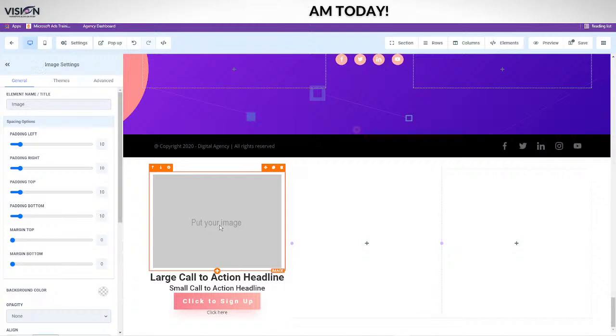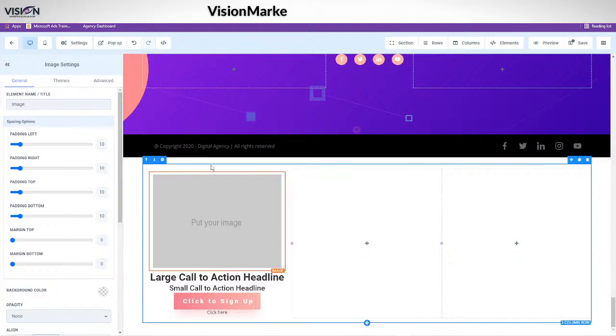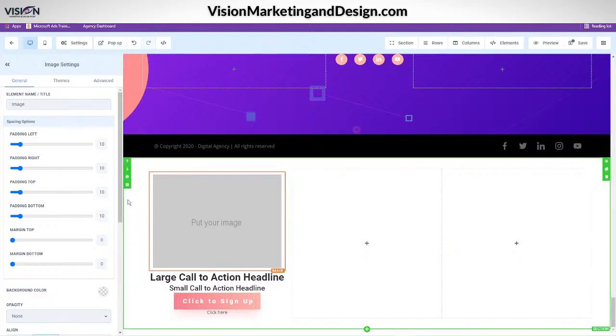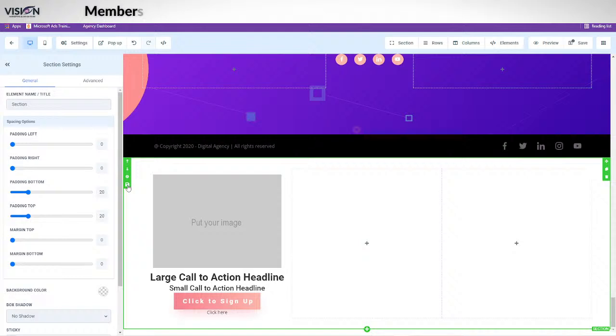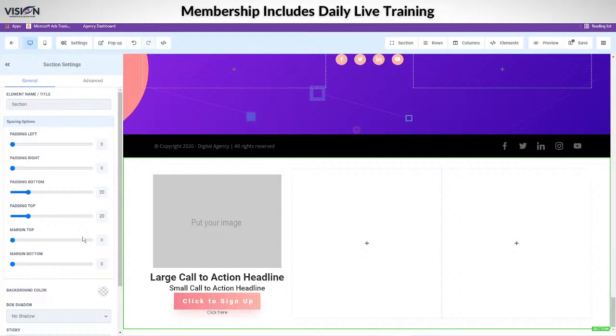Now to add an image, I want to click here, and you'll see when you click on the elements, it's just like anything else, right? You click on the element, you have the ability to save it, so you can reuse it on a different website, or a different page, or maybe a global panel, or whatever you want to save. You have the ability to do that. If you want to ensure that you are editing the correct thing, you can click this little gear box here and it'll change these settings on the side to make sure that you're on the right one.